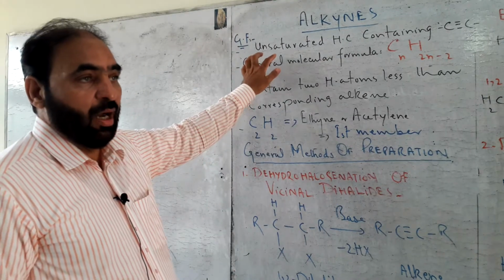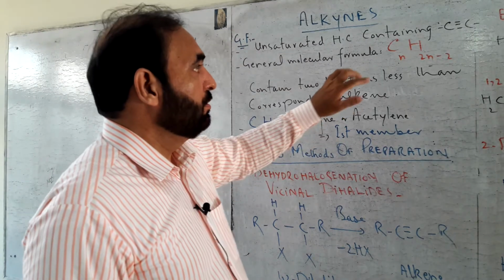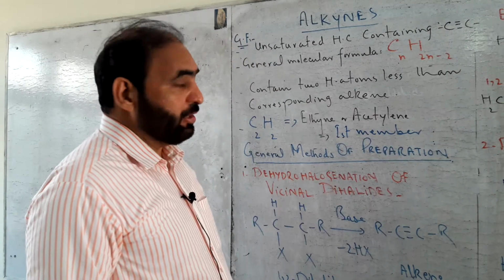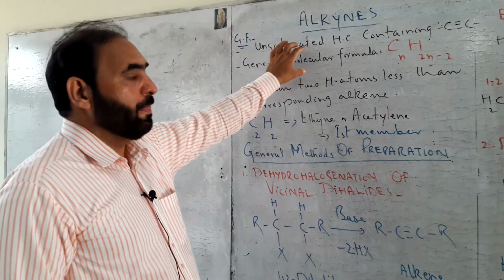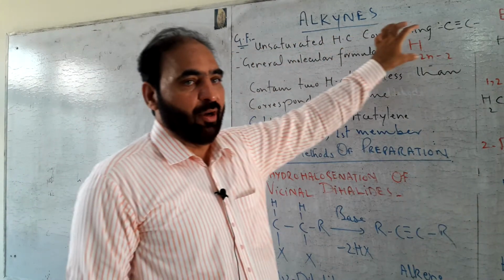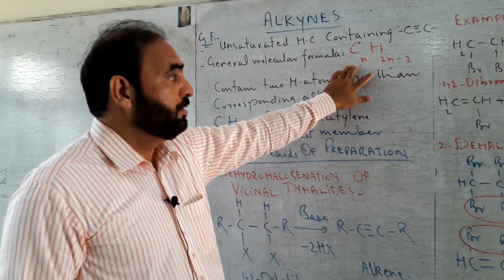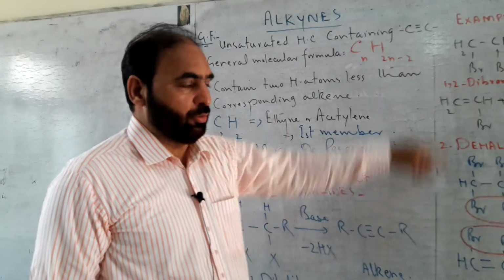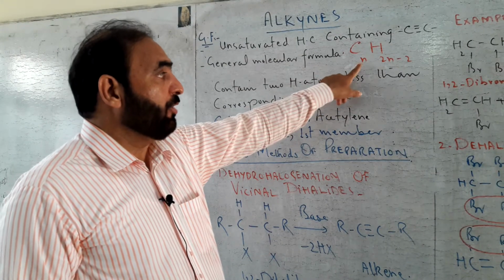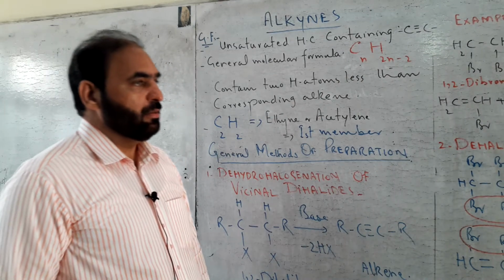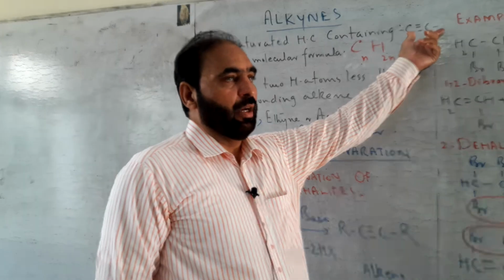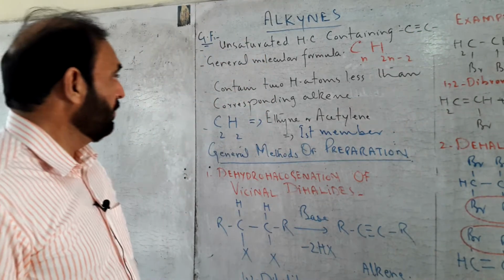Alkynes are unsaturated hydrocarbons with CC triple bond. If there is present only one CC triple bond in chain, then alkyne can be given a general molecular formula CnH2n-2. n is a number of carbon atoms starting from 2, because 2 carbon is must to be present in the molecule for the existence of CC triple bond.